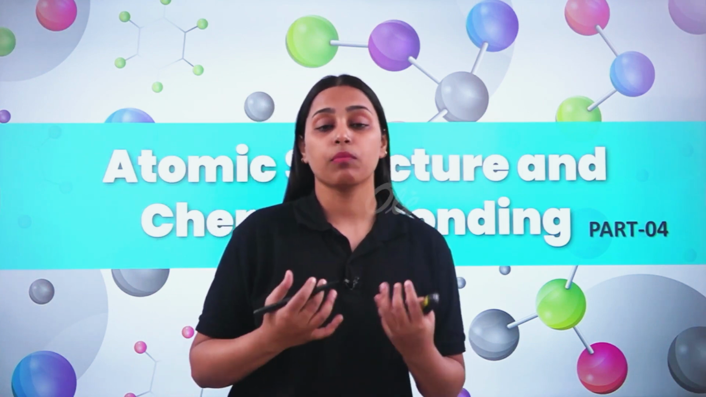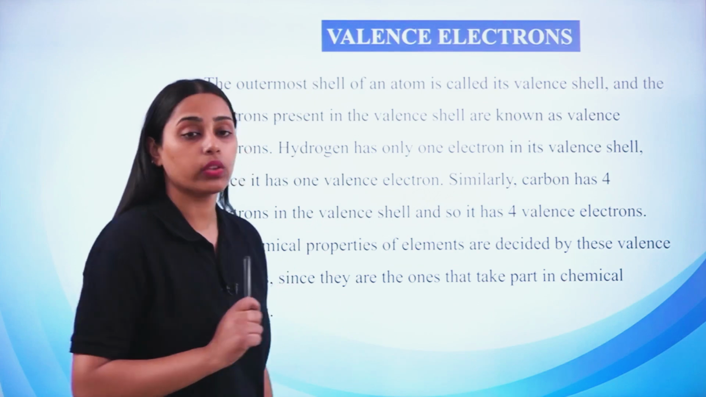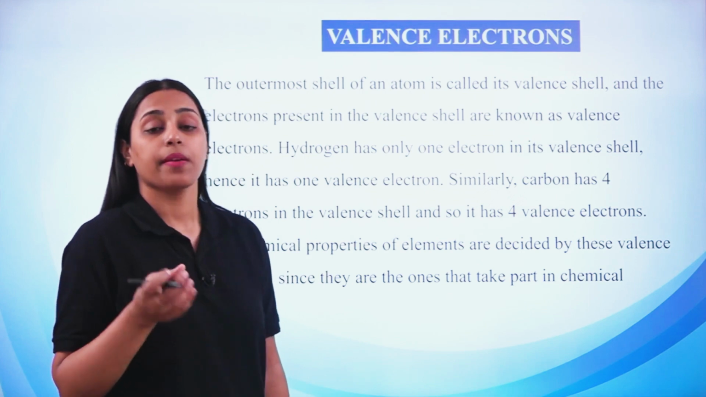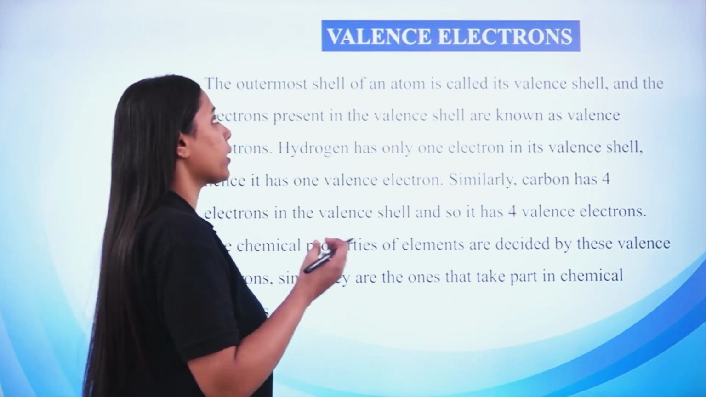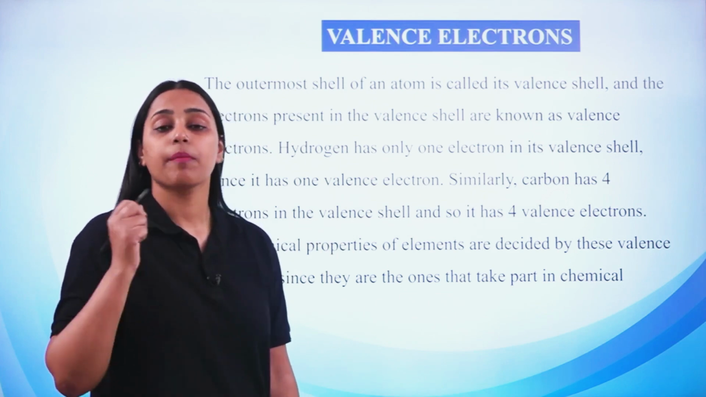We were dealing with the lesson atomic structure and chemical bonding. Now we will be discussing some more characteristics from the structure of the atom, and in that we are going to discuss valence electrons. Valence electrons are generally the electrons present in the outermost shell of an atom, that is its definition. For example, when we are saying sodium atom, it has one valence electron because its atomic